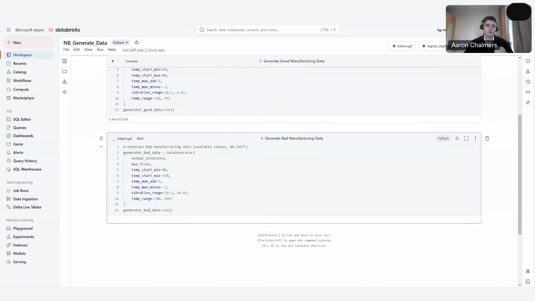So far, I've been running a script that has been simulating data where everything is going to plan. But what if things don't go to plan? For example, what if there was a surge in machine temperatures? Databricks alerts can help by providing real-time alerts for your data. To highlight this feature, I've stopped running the simulation of good data and started running a script which will create more erratic data. And while that's starting up, I will now talk you through the alerts in a bit more